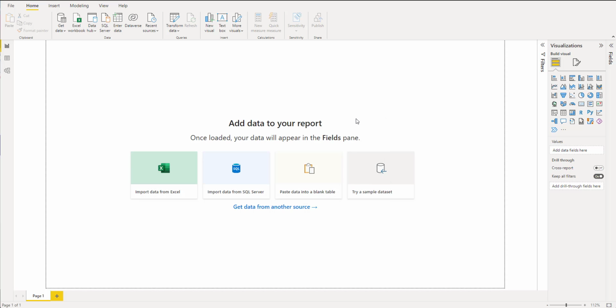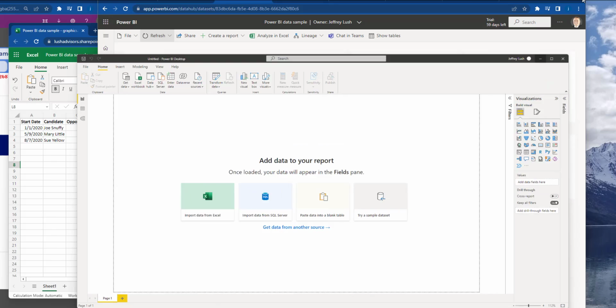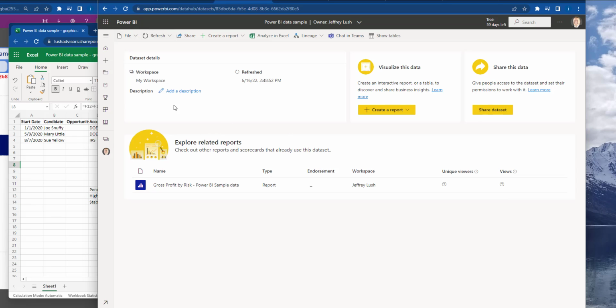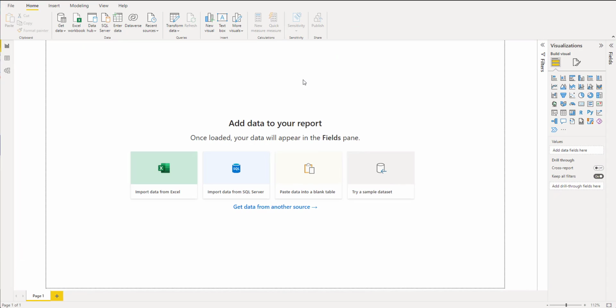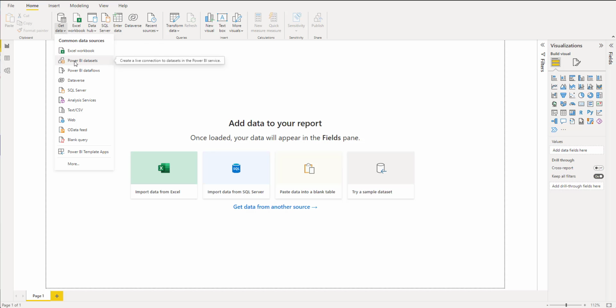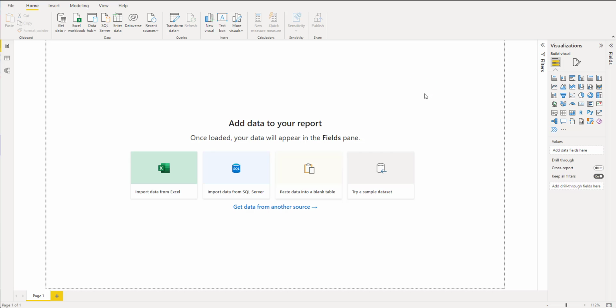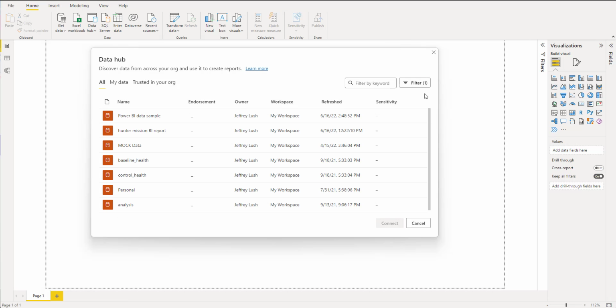So instead what I do is I go over to the desktop app, and I connect the data source up. Then I just go back over to here and I load the data. And to do that, we have to go here to Get Data. Power BI Data Sets is what we want. So we're going to go there to the Power BI Data Sets, and then it's going to come up and